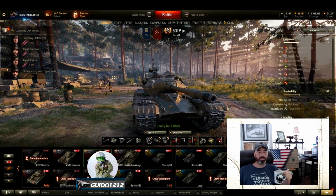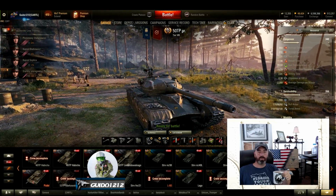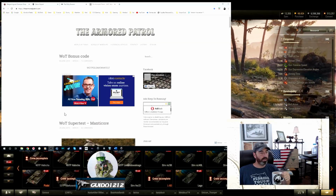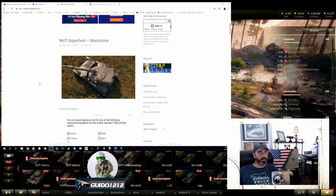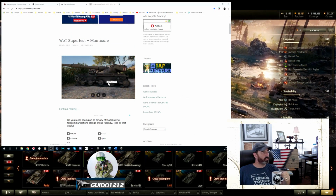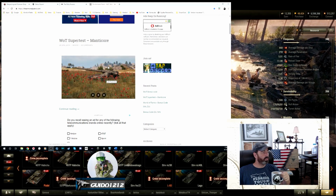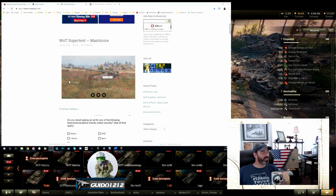We are moving on to subjects du jour. Brit lights are coming, guys. Brit lights. Interesting. So finally, a light tank line for the British. Armored Patrol, Super Test, Manticore. So these things are coming into Super Test. Really strange looking little tanks. Actually, very similar to the French tank. Look at the size of the gun. Does that not look like it would just...